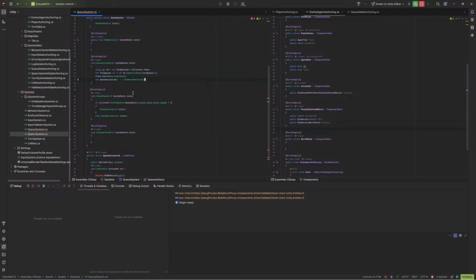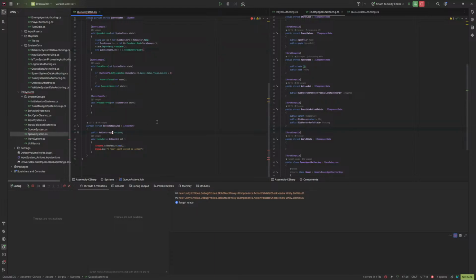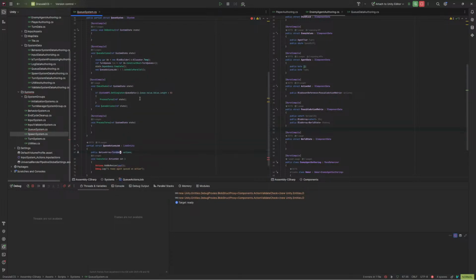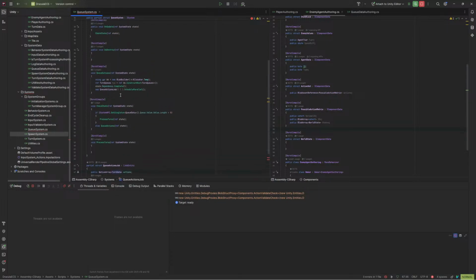Okay, and then we're going to feed it a native array, and this one is going to be of type TurnData. That's going to be our output. And so then what we're going to say is